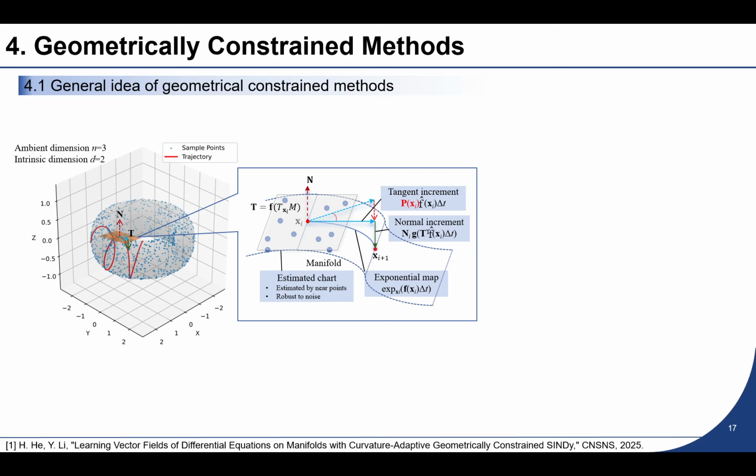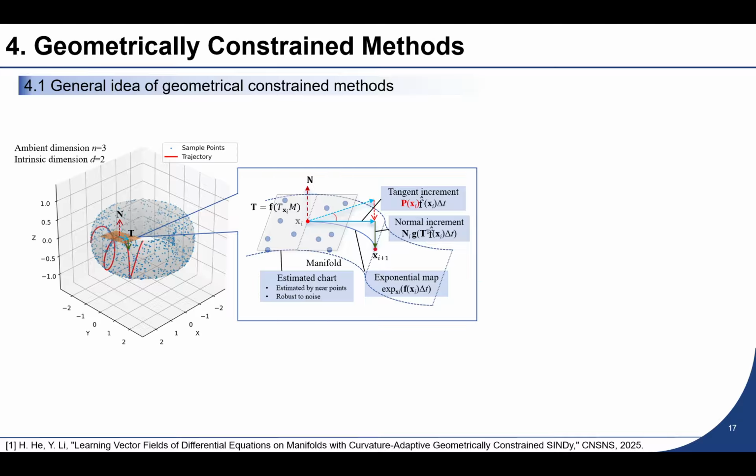In this section, we introduce a general idea of geometrically constrained methods. This method can be applied to high-dimensional sequence or dynamic learning tasks, such as forecasting models that jointly incorporate power and temperature features. We start from the observation that many dynamic systems involve a low-dimensional manifold embedded in a higher dimensional ambient space. As illustrated on the left, although the ambient dimension is 3, the intrinsic dynamics actually lies on